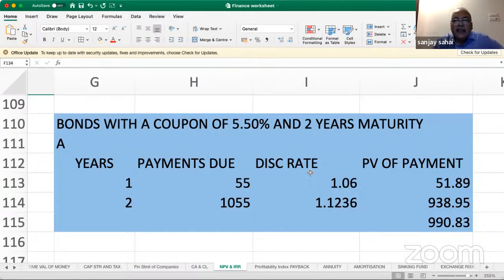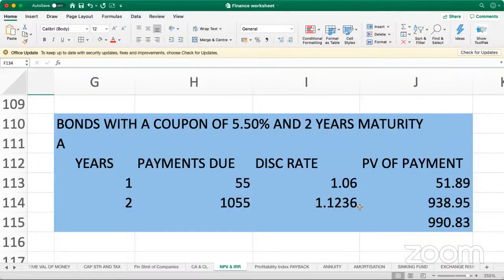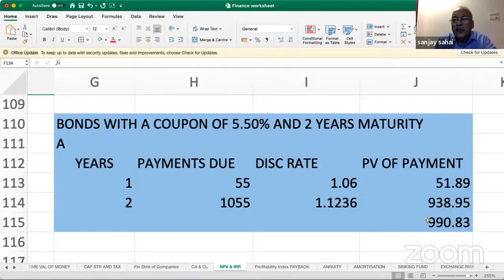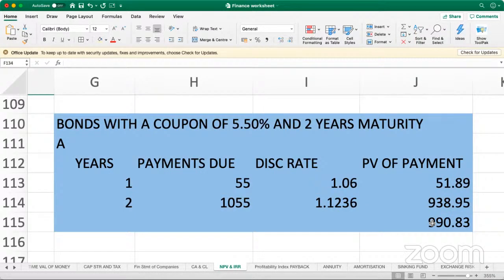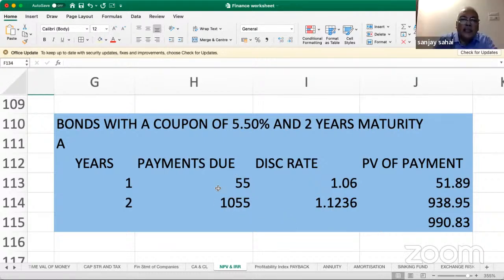Now, if I discount this by the new rate, which is 6%. So if I divide 55 by 1.06, I will get 51.89. And if I divide 1055 by 1.06 to the power 2, which is 1.1236, I will get 938.95. If you add these two together, you get 990.83. Now this 990.83 is the present value of the future cash flows. What are the future cash flows? It is these two,